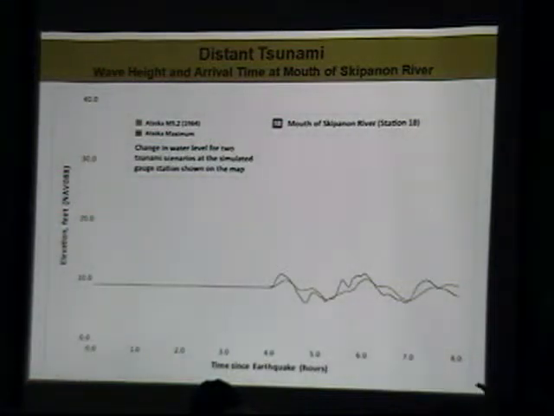You have time to know if you're in the distant evacuation zone or not. You have time to make it to your friend's house, go pick up your kids or whatever you need to do. Don't panic, don't run to Portland. If it's a local event, it's a completely different situation.